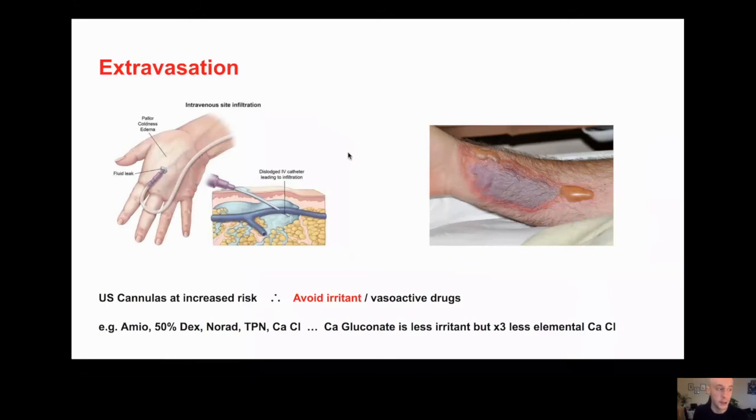Well, that's an emergency. But generally, if we just needed to give calcium, we would give calcium gluconate because it's less irritant. But calcium gluconate has got 3 times less calcium in it. So if you're going to use calcium gluconate rather than calcium chloride, which is the one that you find in your resus trolley, calcium gluconate is just in the drug cupboard, you need to give 3 times more, 30 mils of 10% calcium gluconate. Anyway,